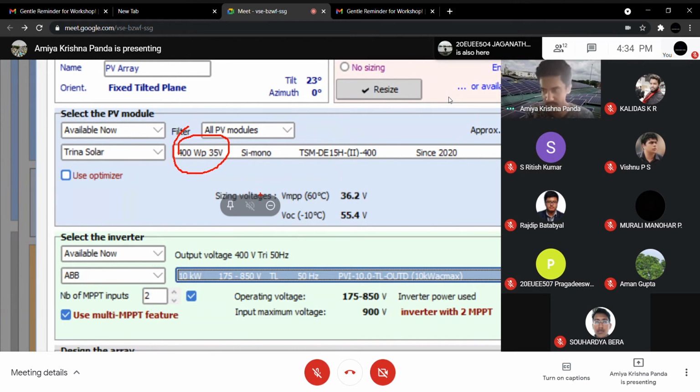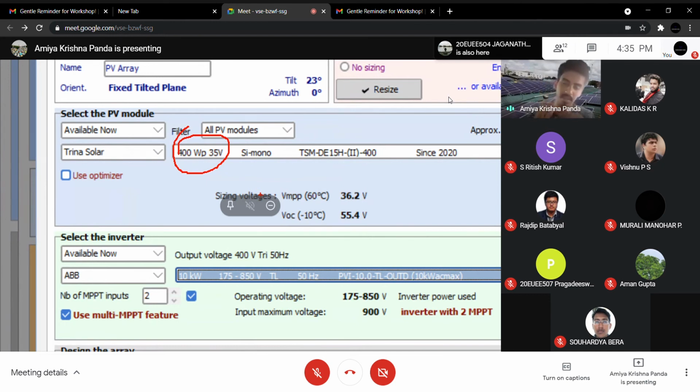Now, when I am using a 10 kilowatt PV on its input, that 10 kilowatt will never be generated up to 10 kilowatt, because a 400 watt peak module never generates 400 watt peak. It's a theoretical value. That is a very big point we need to understand. When we talk about a specific solar plant capacity, we are talking about the DC capacity. It can be higher than the AC inverter capacity because of the loss due to weather in the solar module, right? So it's very important.